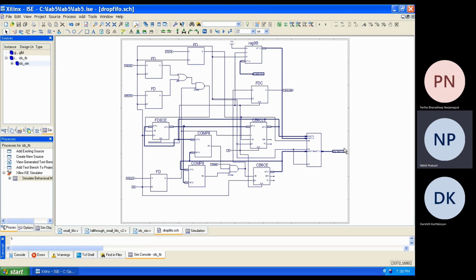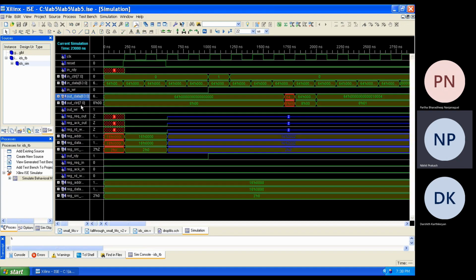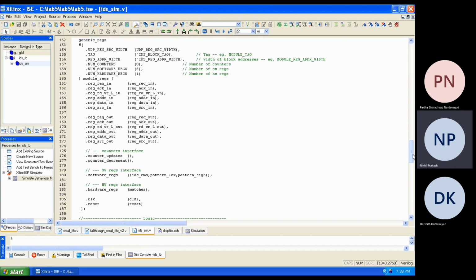So after the drop, this is out underscore data. Again, that's 72 bits wide. The MSB 8 bits are again control signals, and the out underscore data is the actual data that we are looking at. So if we look at the test bench,